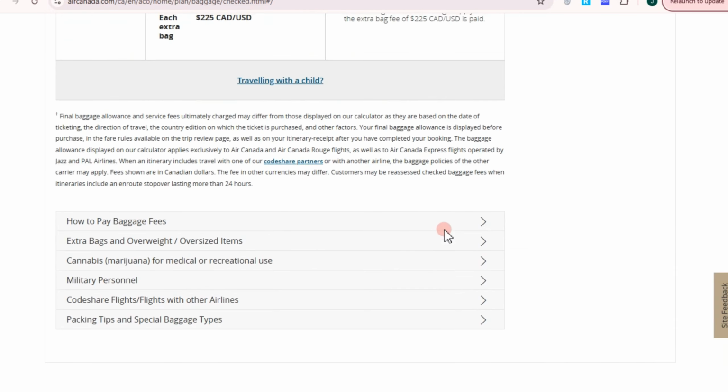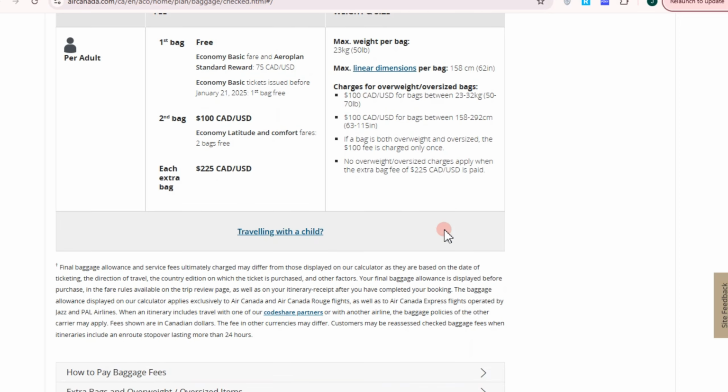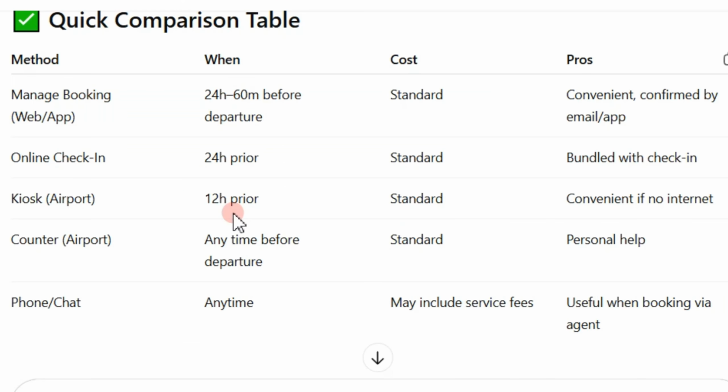And now I'm going to show you a quick comparison table. So you can see here the method: manage booking, online check-in, kiosk, airport counter, phone chat. When: 24 hours, anytime before departure, anytime. Cost: standard, standard, standard. And then pros: convenient, confirmed by email, bundled with check-in, convenient if no internet, personal help, and useful when booking through an agent. So basically, you just have to go to check, and then here you will see more information about